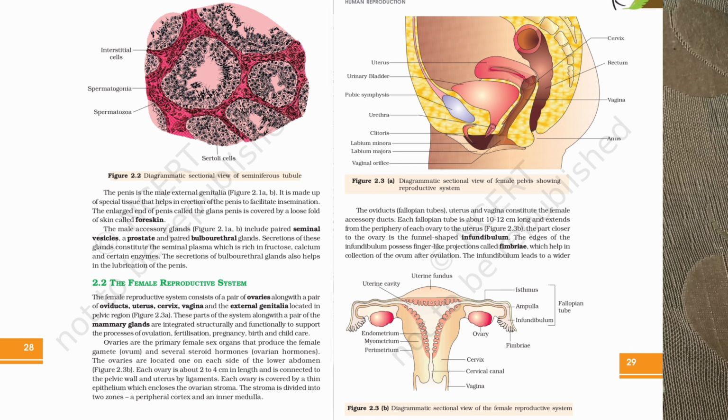The oviducts, fallopian tubes, uterus, and vagina constitute the female accessory ducts. Each fallopian tube or oviduct is about 10 to 12 centimeters long and extends from the periphery of each ovary to the uterus. The part closer to the ovary is the funnel-shaped infundibulum. The edges of the infundibulum possess finger-like projections called fimbriae, which help in collection of the ovum after ovulation. Infundibulum leads to a wider